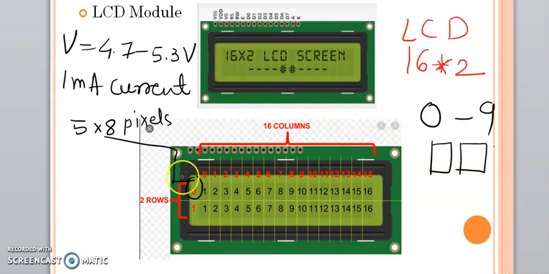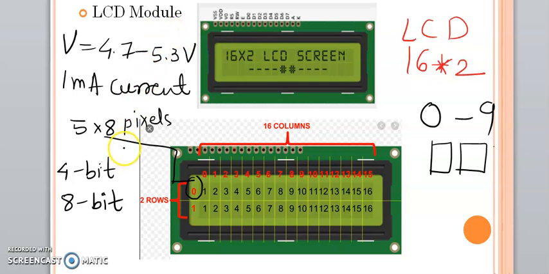So this type of LCD can be used in 4-bit mode, and it can also be used in 8-bit mode. Depending upon your application, you choose the mode of operation of this LCD, but generally 4-bit mode is preferred because it requires fewer connections, so complexity will be less with 4-bit. But if you want, you can go with 8-bit. So this is nothing but the external look and different specifications of this LCD module.